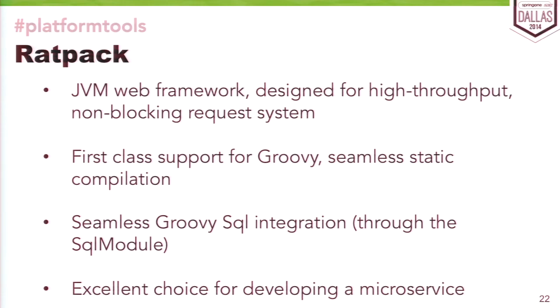And that follows the request-per-thread model. But maybe you have a service in particular that needs really super fast processing and high throughput. That's where you could use something like Ratpack. Ratpack has a great DSL for Groovy. It also has seamless static compilation, so we can take the Ratpack.groovy script that defines your application and the edge of your application and statically compile it on your behalf if you tell it to do that.